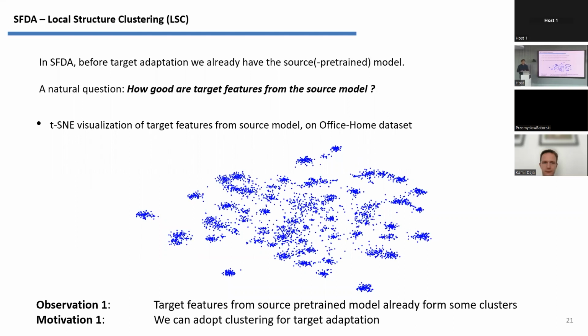So we wanted to go on from there, and we were looking at the features of the target data on the source model. And you see something like this. And you see that there is a clear structure. You see that classes in the target domain, this is probably a class in the target domain, still make nice clusters on this source model. So we wanted to somehow exploit this extra knowledge which you have, which was not used.